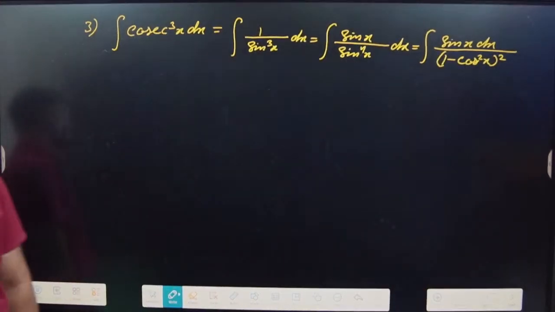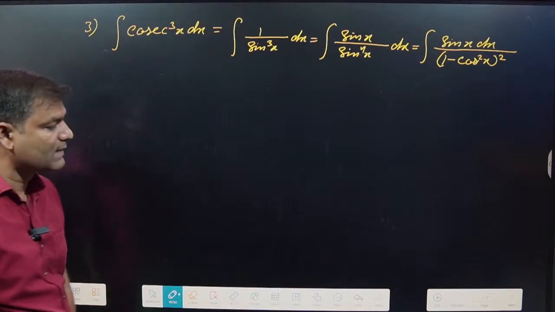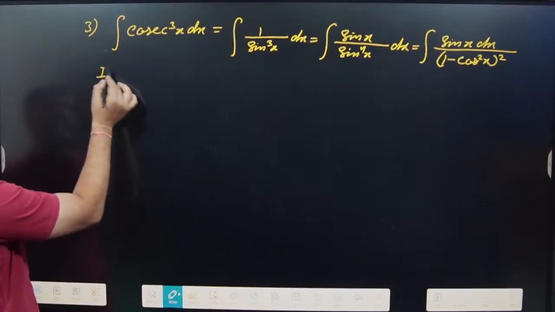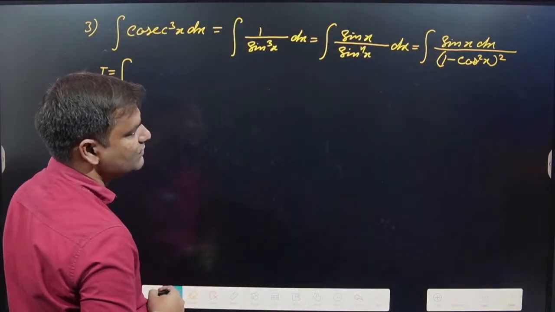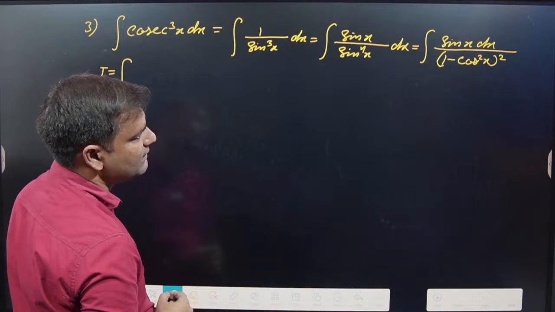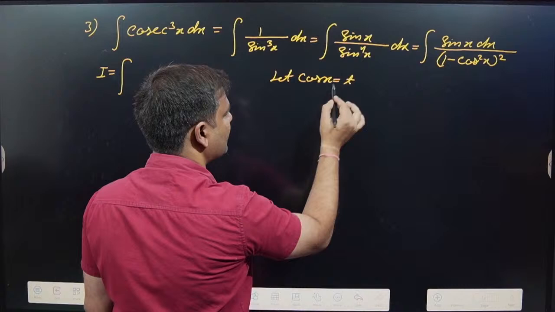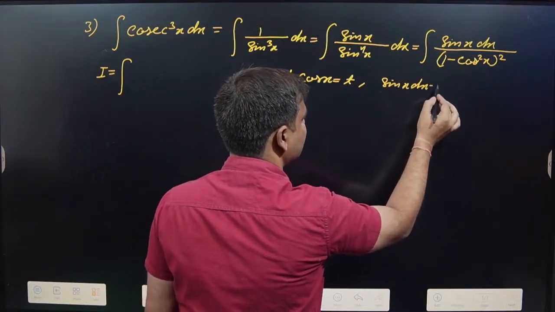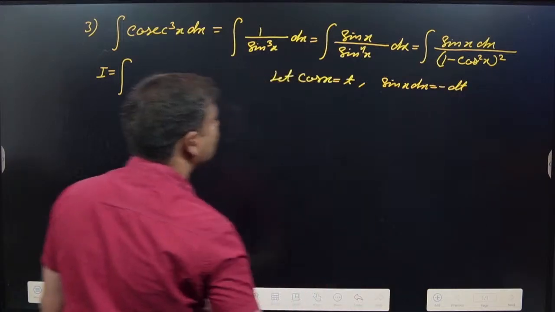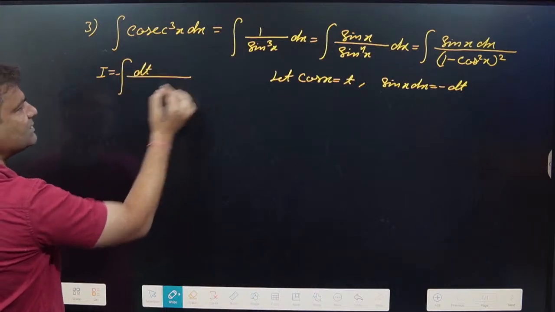I hope that is clear. Sin square x is written as 1 minus cos square x. Let cos x be t, then sin x dx is written as minus dt. So it becomes minus dt divided by